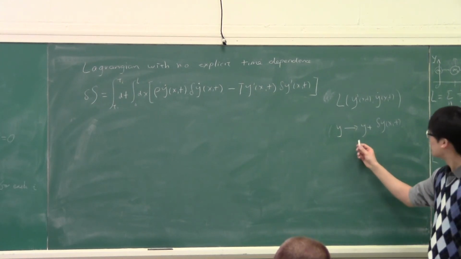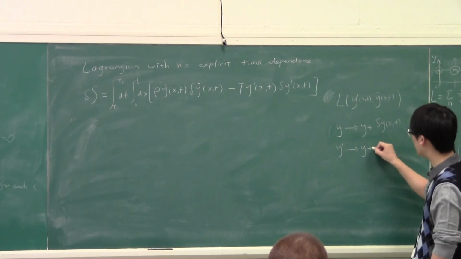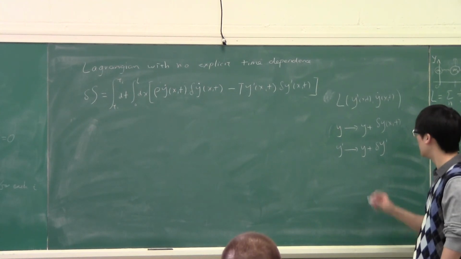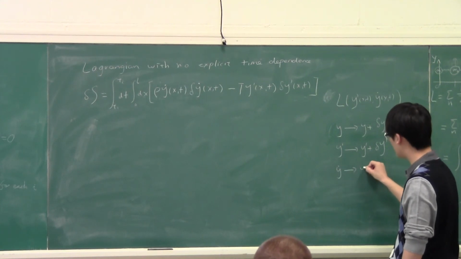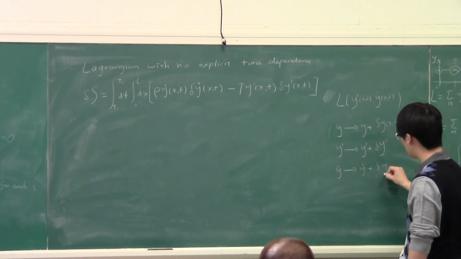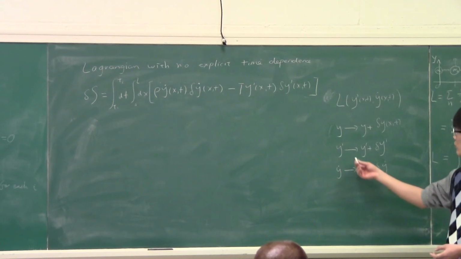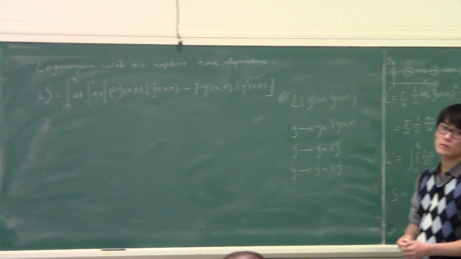Okay. So now, y prime is going to change to y prime plus delta y prime. Oh, sorry. Yeah, y prime. And y dot is going to change to y dot plus delta y dot. Right? So now all we do is a two-term Taylor expansion in both y prime and y dot for L. And of course, when you take the difference, the zeroth order term cancels, and we're left with